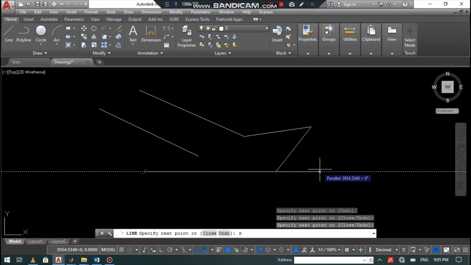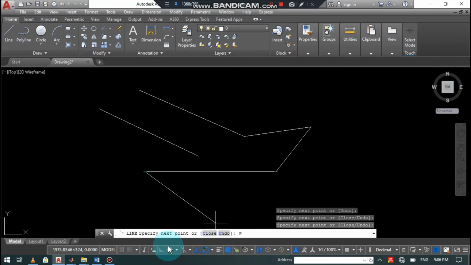But with this line command, it is necessary to know about the ortho command, that is, you can see here, this is the ortho command. And let's see how it works. With the ortho command you can achieve two types of line, that is, perpendicular, there will be no inclination wherever you want to click, and in this direction you can see at 0 degree and at 90 degree you can draw. This is how ortho works. You can turn on the ortho by pressing F8.